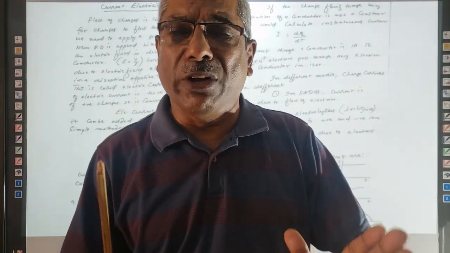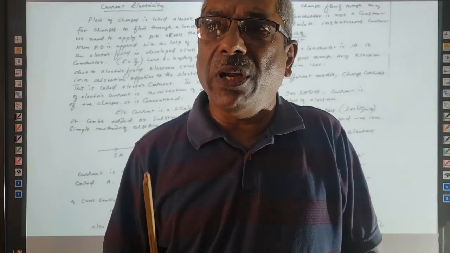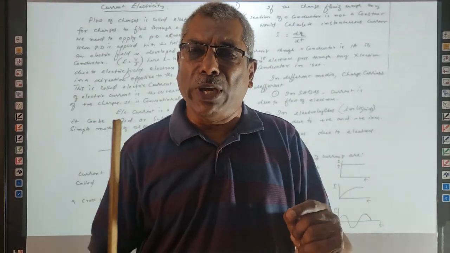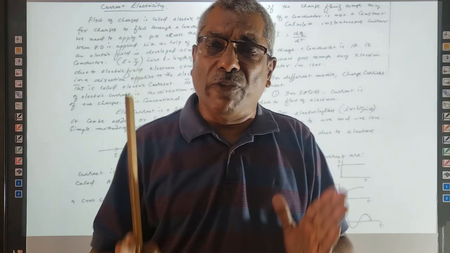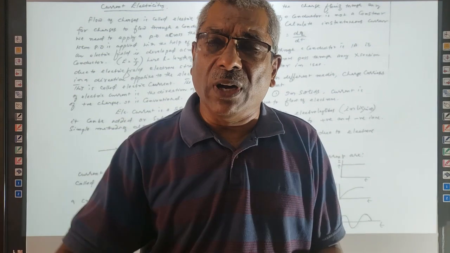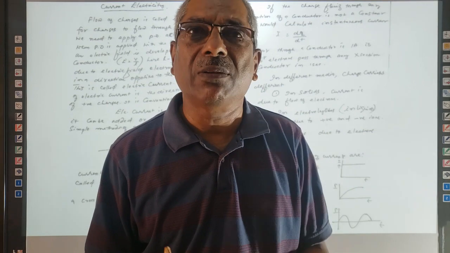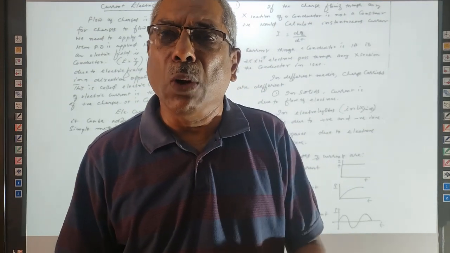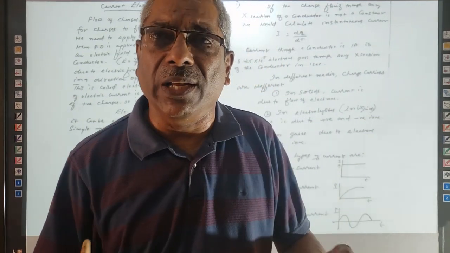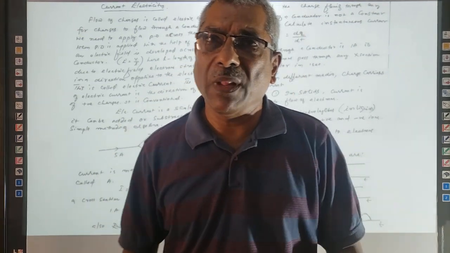So how can we apply potential difference? Potential difference can be applied by a device called a battery. A battery has an EMF. When the two poles of a battery are connected to the two ends of a conductor, a potential difference is created, and hence an electric field is developed. In an electric field, as we have seen in the previous classes, when a charged particle is placed, a force acts on it, due to which electrons start moving from one place to another. The flow of electrons is actually electric current, but conventionally the direction of electric current is taken as the direction of motion of positive charges.